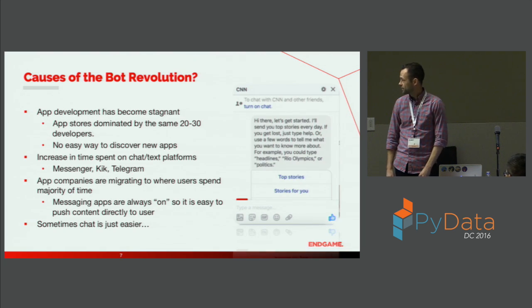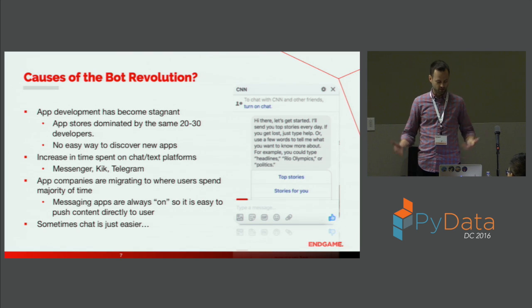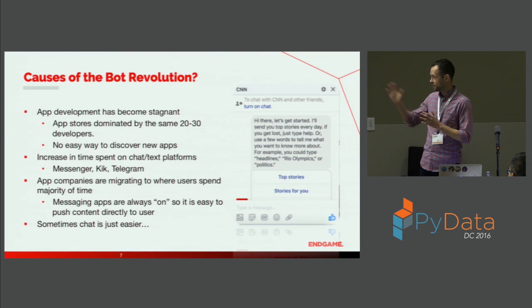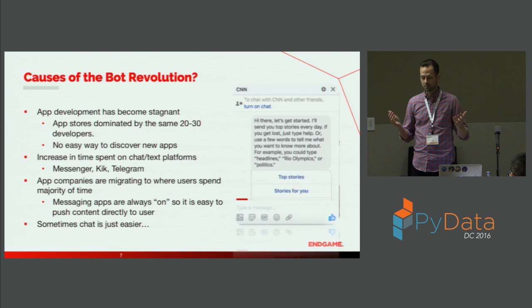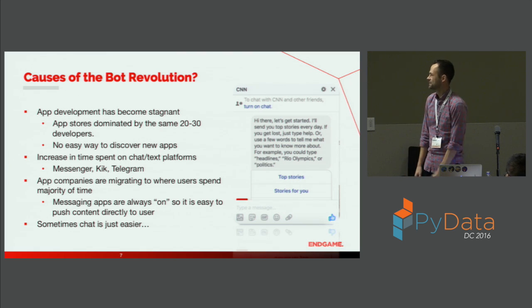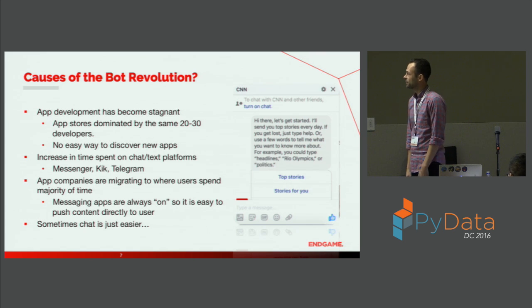So, other than blog hits, what are some other reasons why this bot revolution is actually occurring? This part, for me personally, was by far the most fascinating to understand just from the tech field, just how fast things are moving. 9 months ago, 12 months ago, being an app developer was like the coolest job ever, because you heard people like 14-year-old kids making a game and then becoming like millionaires. And then I was just trying to figure out why malware was bad. Seemed like a very terrible life decision on my part.